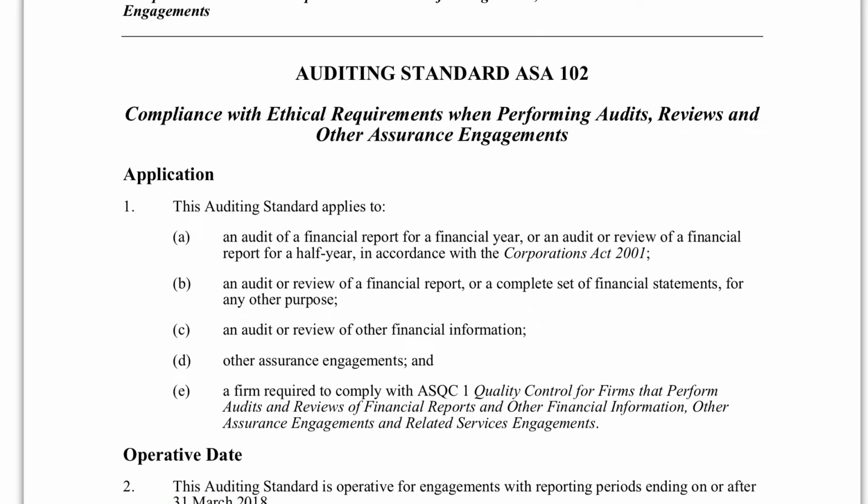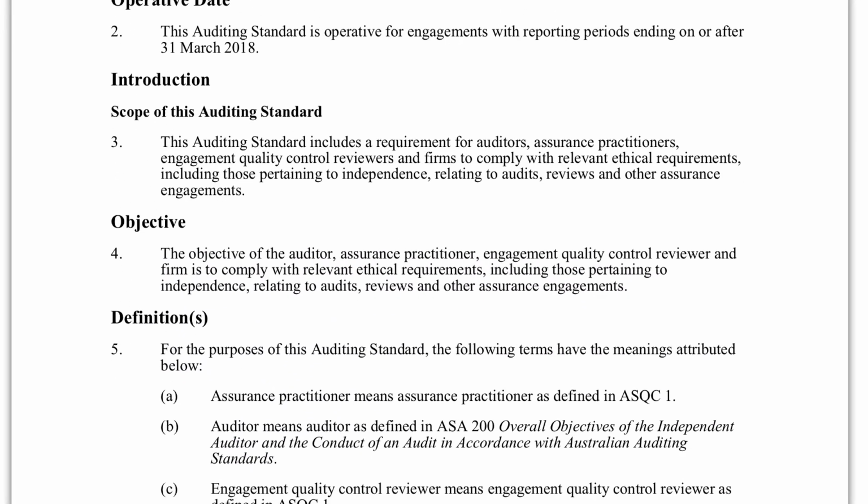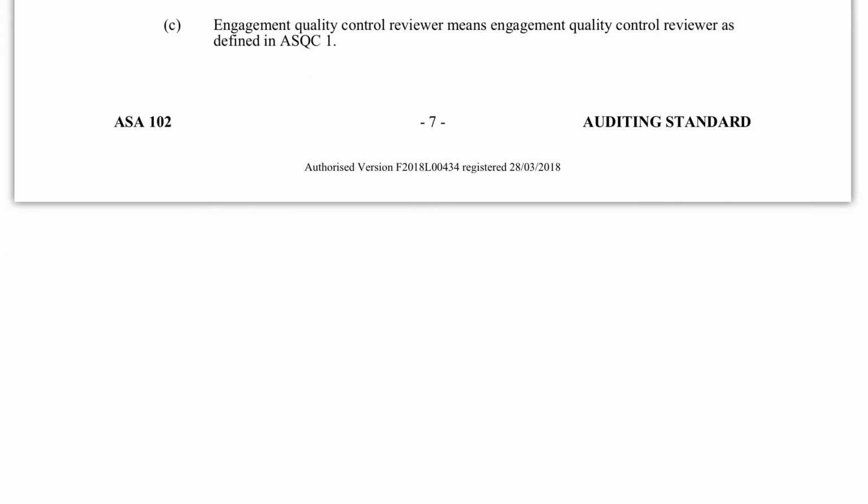so some information about when it applies, that's nothing interesting there, but the scope is really critical. This auditing standard includes a requirement for auditors, assurance practitioners, and quality control reviewers to comply with relevant ethical requirements. Remember, those relevant ethical requirements are APES 110's requirements. So there's some definitions about who the different people are that this applies to. And when we go over the page,